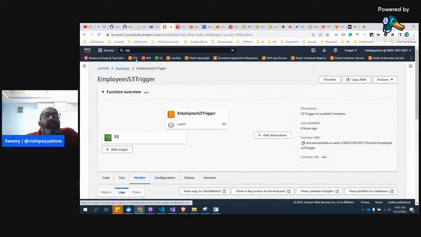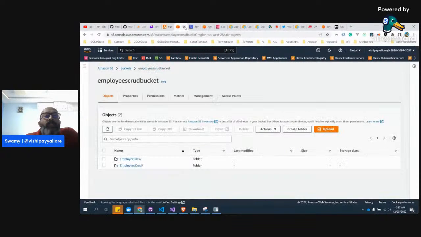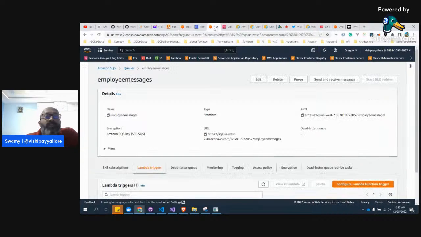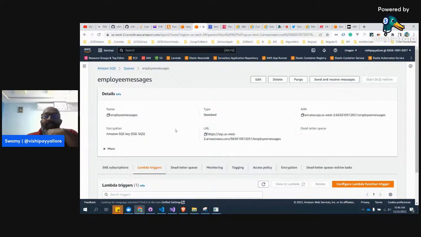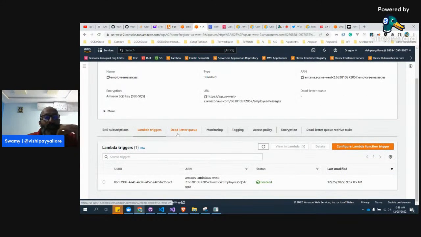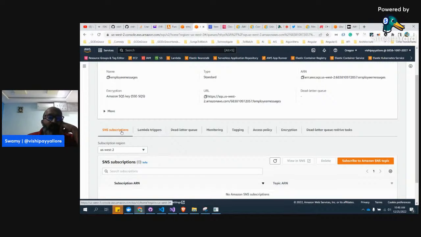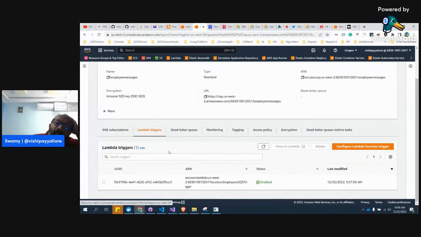Let's go back to the functions, close this, and come back to the queue service. Yeah, here is the queue. So here is a standard queue. And here you will see the SNS subscription. I didn't create it because I just want to focus on 3 different kinds of integration which we do. So this is the third kind of integration. Let's focus on this. It has got the Lambda trigger,